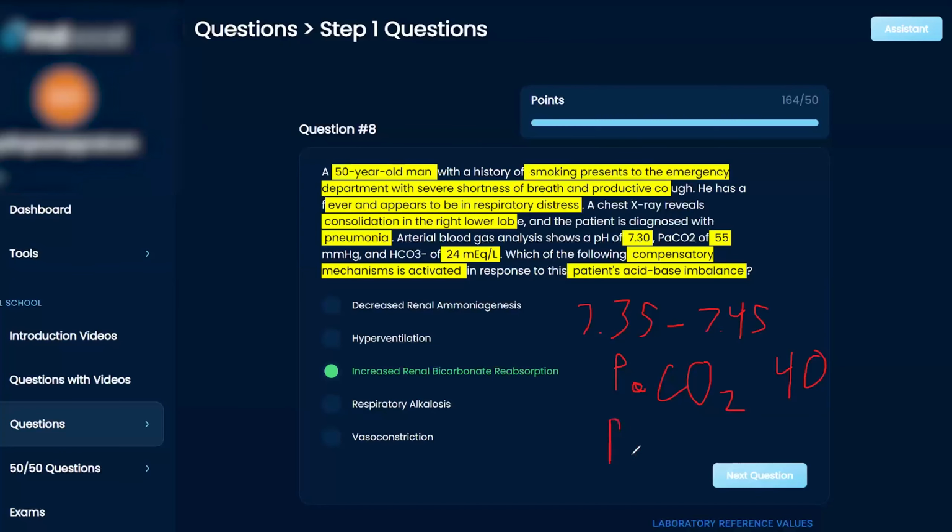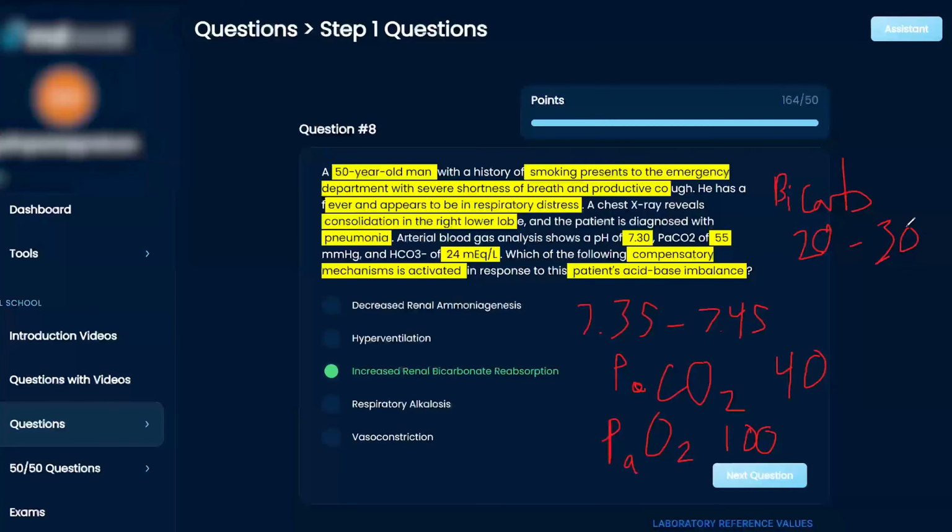And the PaO2? I have no idea. I'm pretty sure it's 100. Yes, it's about 100. Then bicarb. Do you know what the normal bicarb is? I actually don't know. 24 sounds right to me. Usually 22 to 32 is what they say, or 20 to 30. So it's around that range, 20 to 30.